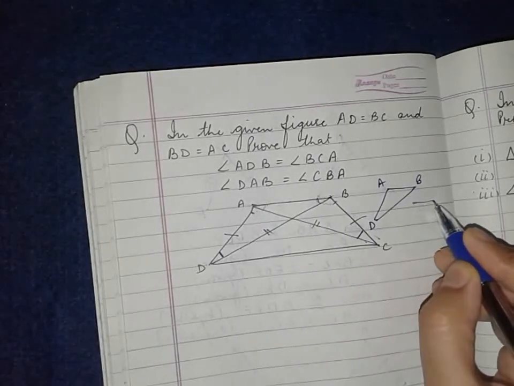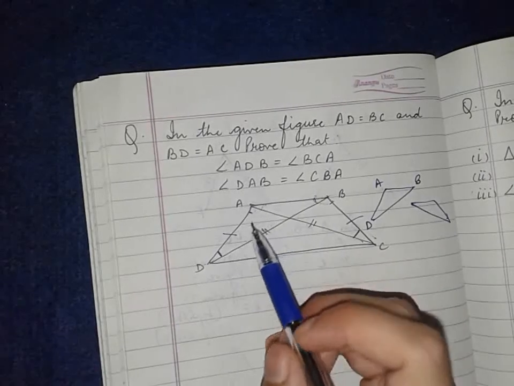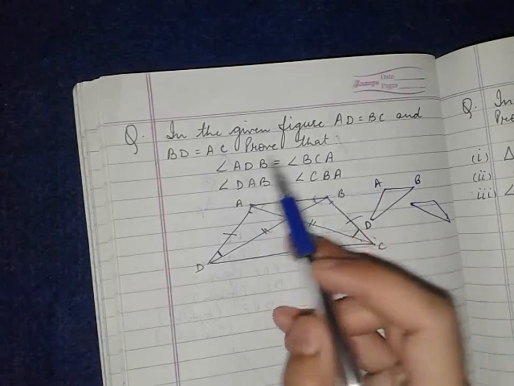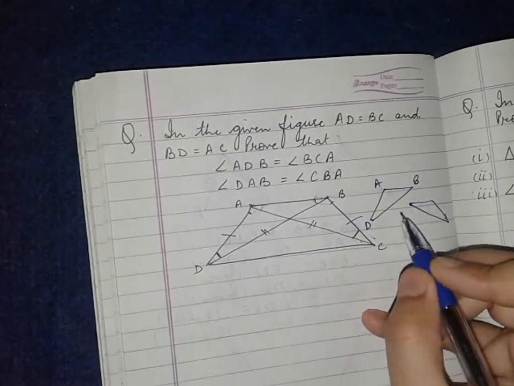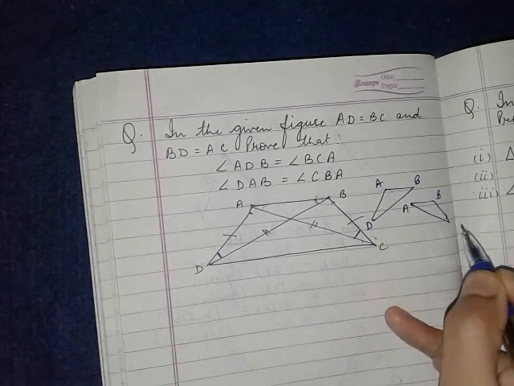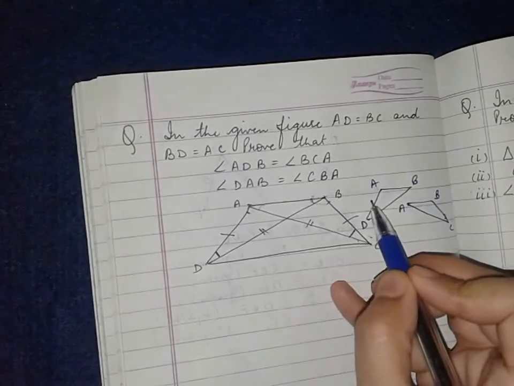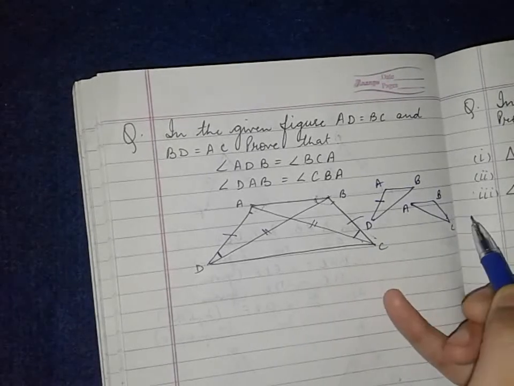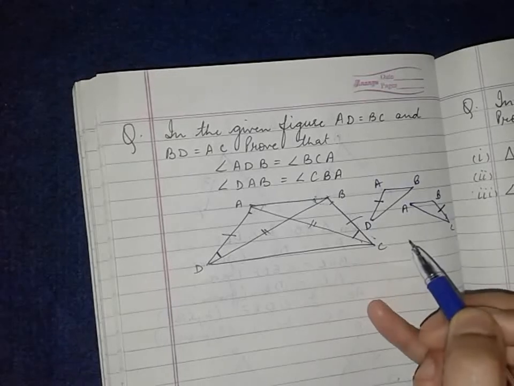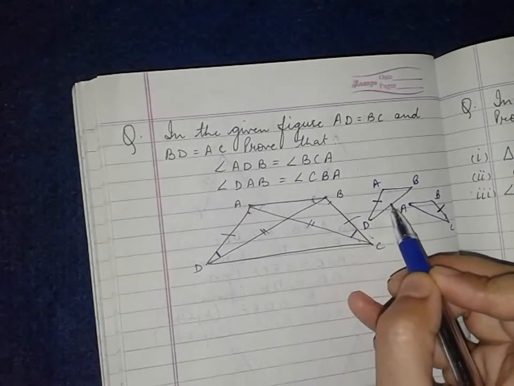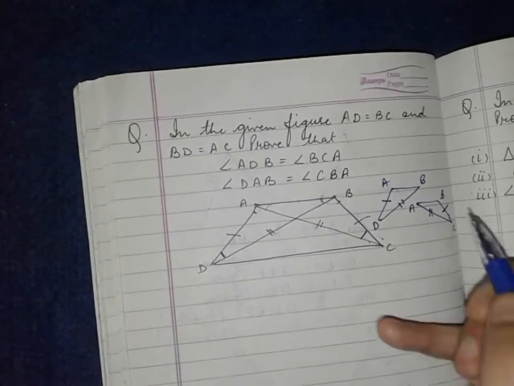So next will be this triangle. Take a triangle which contains the angles which are to be proved and the sides which are given. All these are contained in these two triangles. This triangle is ABC or BAC. Now what is given equal? This AD was given equal to BC and this BD was given equal to AC. This was given to us.